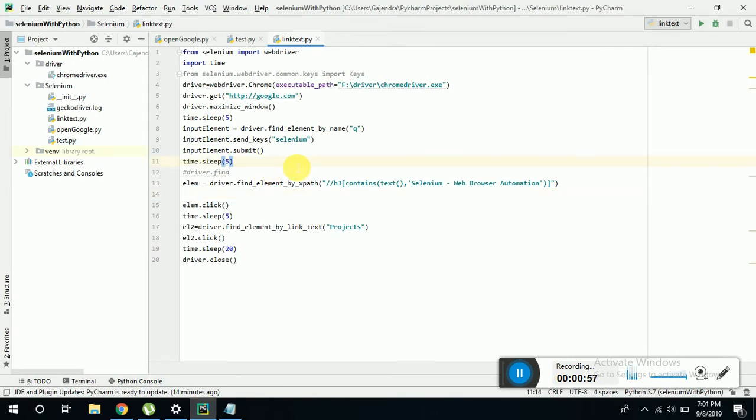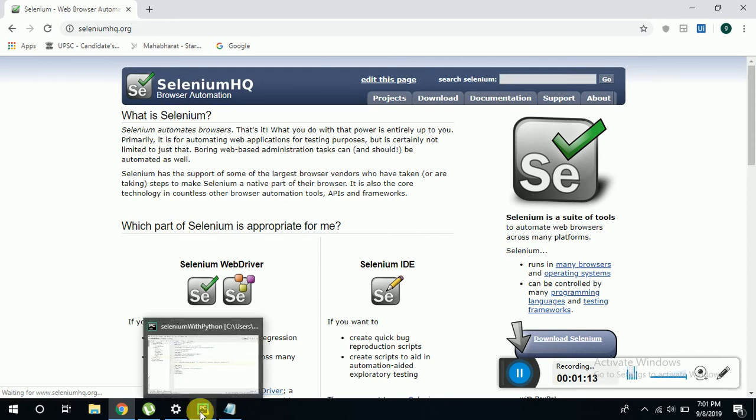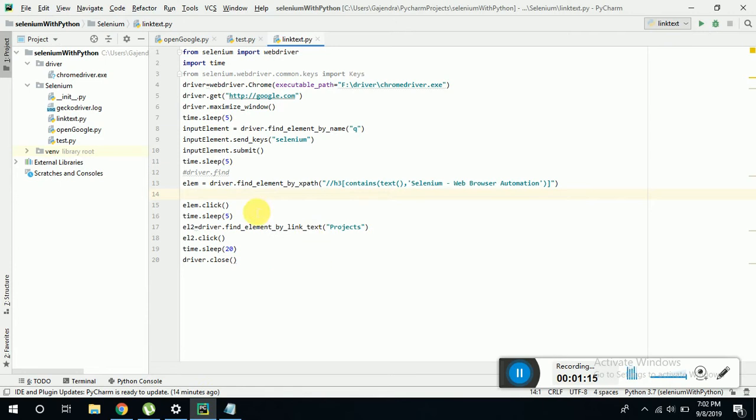So in this one sample Python script for automation, we are opening the Google page and just going to the Selenium HQ browser, and in this we'll try to find some XPath as a demo. So how to find XPath and ID, name. So how will you write the script, like driver dot